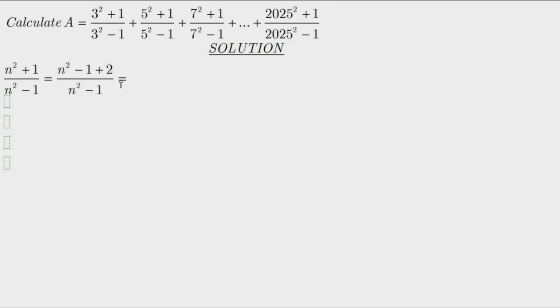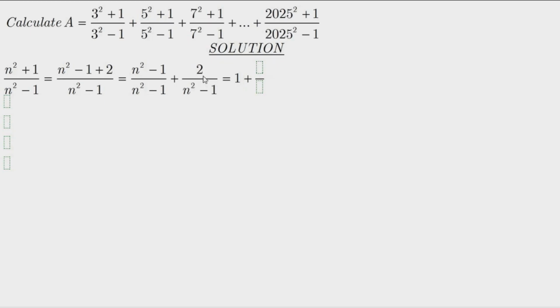That will be equal to (n square minus 1) divided by (n square minus 1), and then plus 2 divided by (n square minus 1). The first fraction is equal to 1, so 1 plus